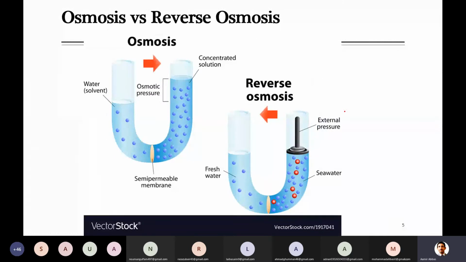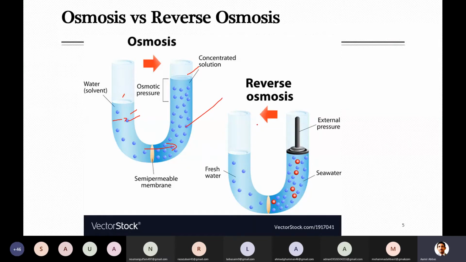Let's look at this diagram in continuation of this. Here you have water on one side and concentrated solution on the other side. Actually, in the last diagram that was pure water. Maybe you got somehow confused, but let's consider this example as better, that this side contains some small amount of solute, while on the other side we have a large amount of solute. So what happens naturally is that the solvent will move from this low concentration of solute to the high concentration, and its level will keep on rising until you reach the equilibrium state. But we are not concerned with that.